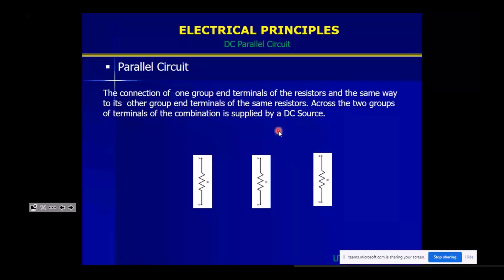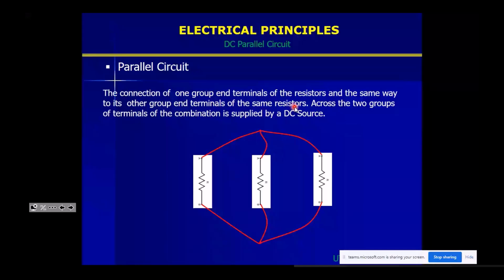A parallel circuit will happen when you prepare wires. I prepare one wire from one end of a resistor, and another from one end of another, and they are connected at a common point. So this is one group. Next, I have another wire from the other end of each resistor. If you see these connections, this is already called a parallel connection.